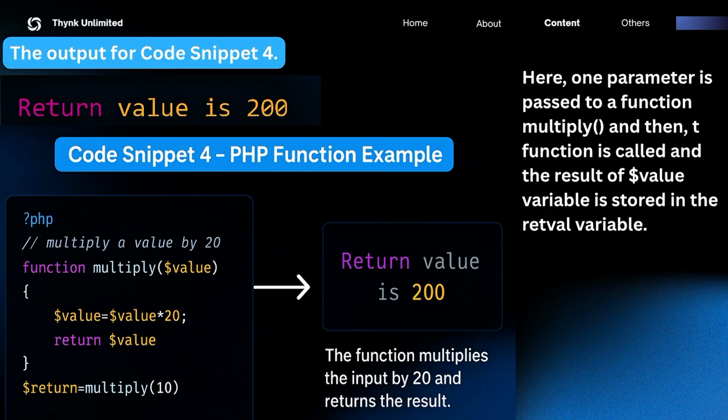Here the function multiply is called, and the value 10 is passed as an argument. This value is received by the parameter $value inside the function. Now, inside the function body, the line $value = $value * 20 takes the input 10 and multiplies it by 20. This gives us 200. The function then uses the return statement to send this value back to the place where